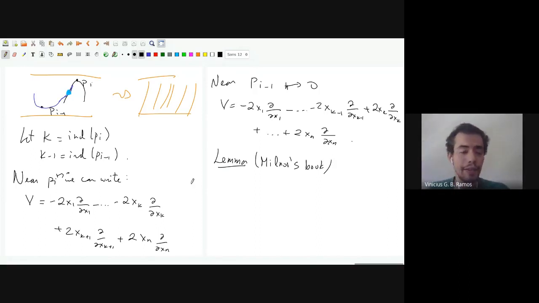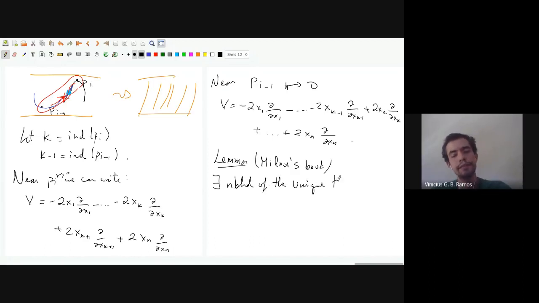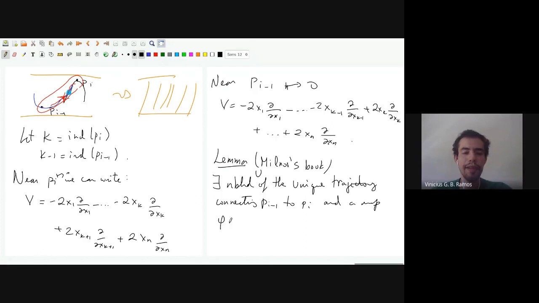The lemma says that if you have a unique trajectory connecting p_{i-1} to p_i, then there exists a neighborhood of this unique trajectory connecting p_{i-1} to p_i,